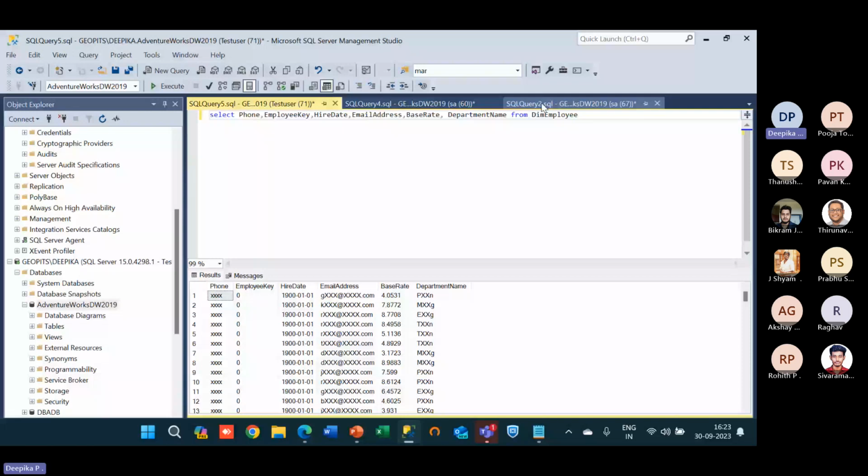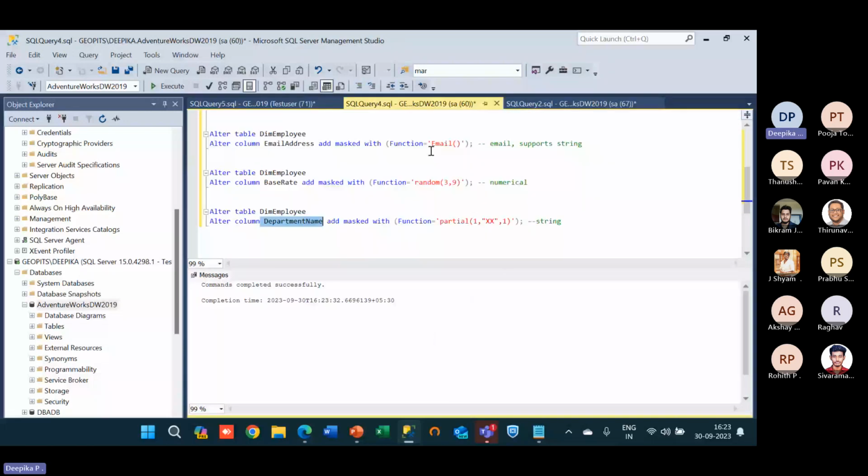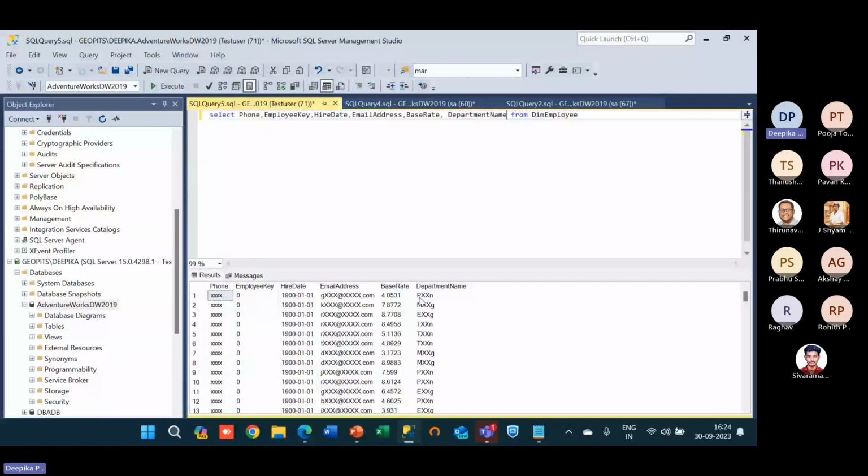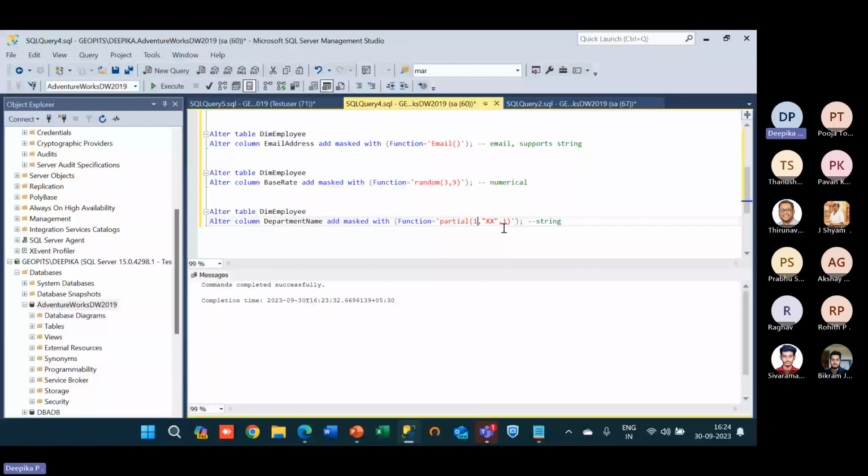Here, if you guys notice, we only gave XX, the prefix one, suffix one. So that's why in the result it also gave XX in the center, with the prefix one letter and suffix one letter. If you want, you can modify this as you want. If you give two,